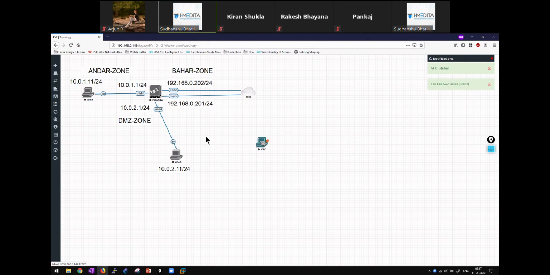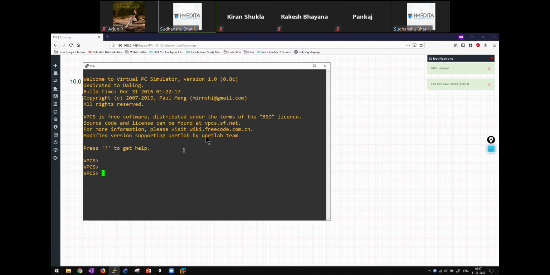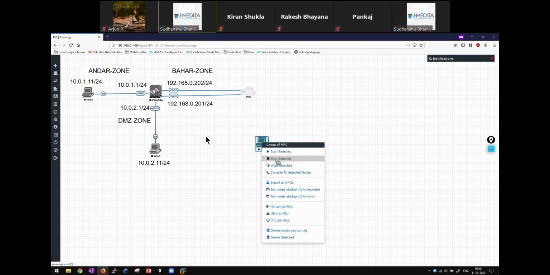It doesn't consume any extra RAM. It's very simple. You can just ping and do your stuff. So you can utilize VPC instead of Windows, and I'll help you out in building that lab.